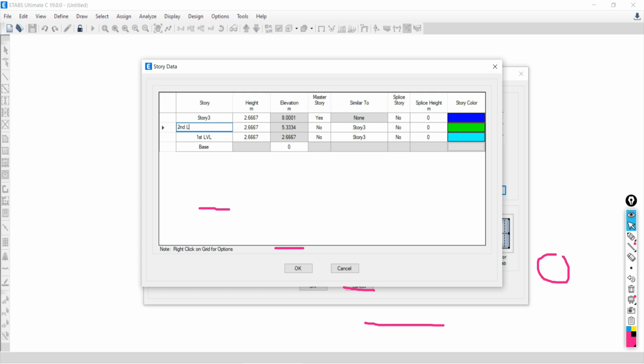It is your second level, and this is your third level. Whatever title you would like to give this story, you can put here as per your choice. Now these are the respective heights of each floor above the lower one. From base to first is 2.667, from first to second is 2.667, and from second to third, the third is at a height of